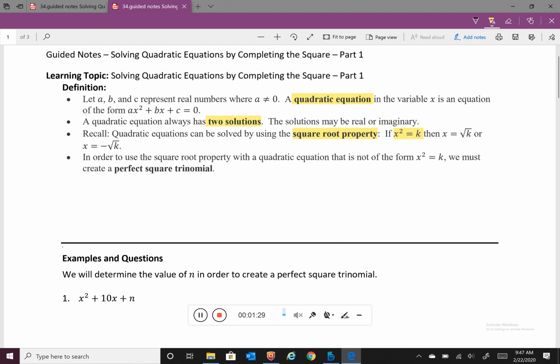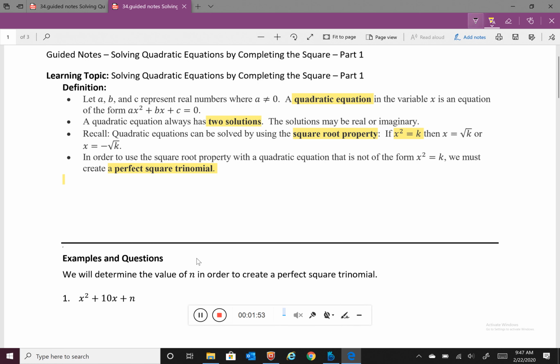So in order to use the square root property with a quadratic equation that is not in the form of x squared equals k, we must create what is called a perfect square trinomial. And a perfect square trinomial comes from one of two forms. Either,